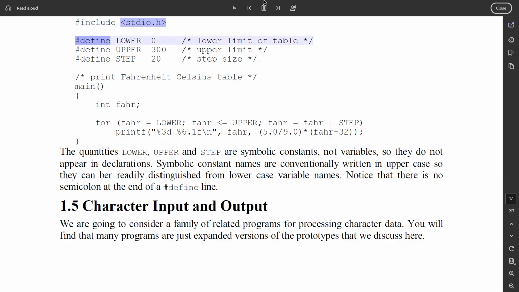#include <stdio.h> #define LOWER 0 /* lower limit of table */ #define UPPER 300 /* upper limit */ #define STEP 20 /* step size */ /* print Fahrenheit-Celsius table */ main() { int fahr; for (fahr = LOWER; fahr <= UPPER; fahr = fahr + STEP) printf("%3d %6.1f\n", fahr, (5.0/9.0) * (fahr - 32));